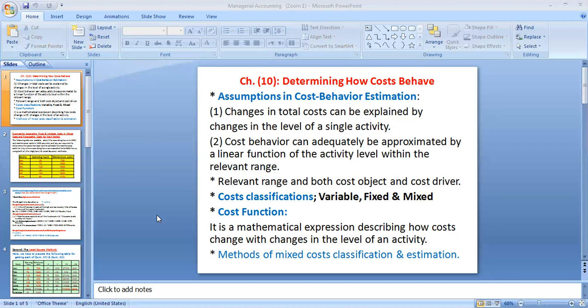Why is x independent? Because x affects y. If there is a positive relation, increasing x means increasing y. Decreasing x means decreasing y. If I have a negative relation, decreasing x lets y increase, and increasing x lets y decrease. So the one affecting is x, the one affected is the dependent